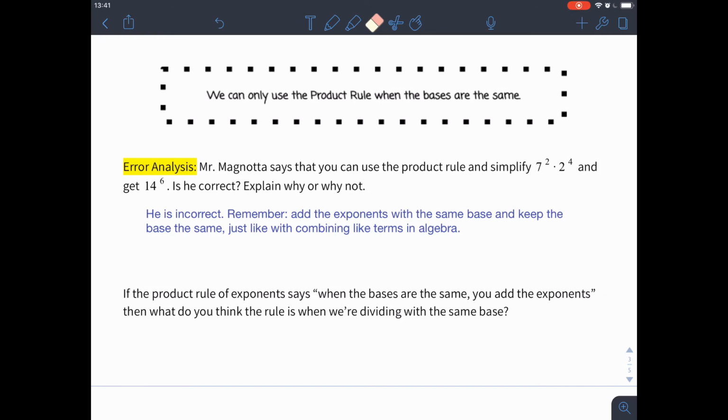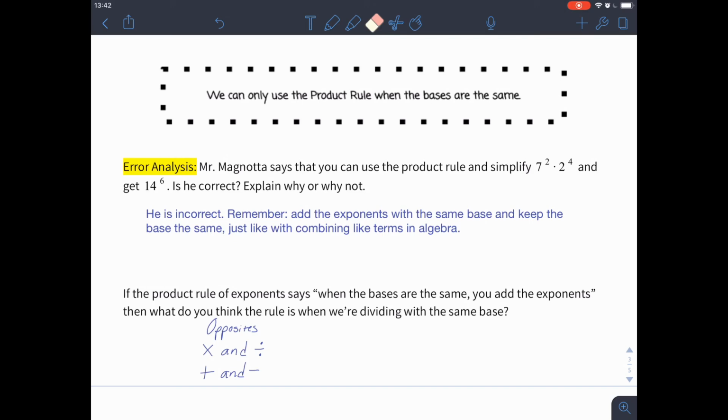Now, the product rule of exponents says when bases are the same, you add the exponents. So what do you think is going to happen when we move into division then? Well, let's think about how multiplication and division are related. They're opposites. And the thing we do with multiplication is add, and the opposite of adding is subtracting. So it seems to make sense that when we are dividing numbers with the same bases, then we would subtract